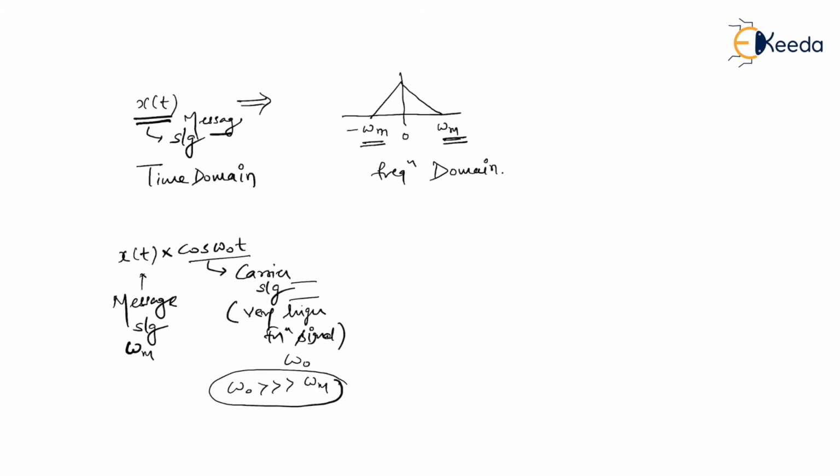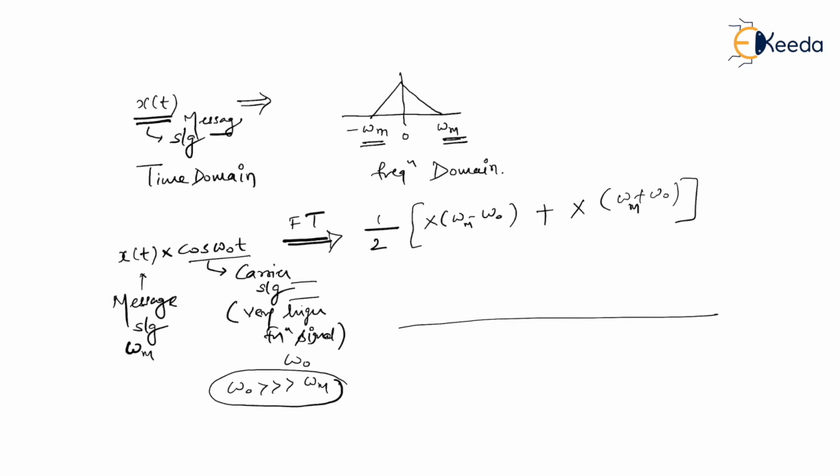So when you are multiplying in the time domain, what just happened in the frequency domain, as you have seen? Let me write its Fourier transform. We already have the Fourier transform for x of t as 1 by 2, in bracket, X of omega minus omega naught plus X of omega plus omega naught. In this case, the message signal frequency is omega m, so I would write omega m here and omega m here. Is that right? So now if you try to plot this signal, then what is going to happen? Look up.